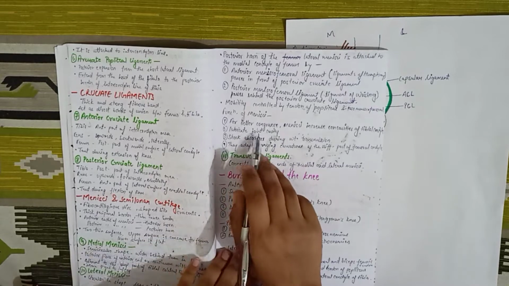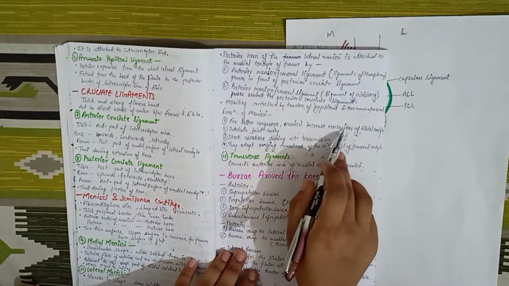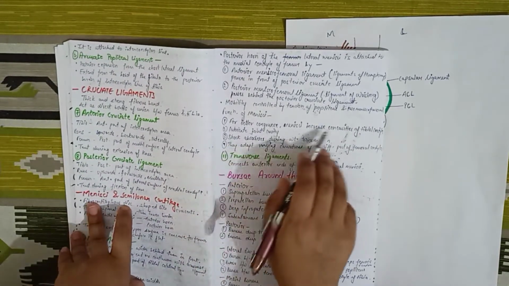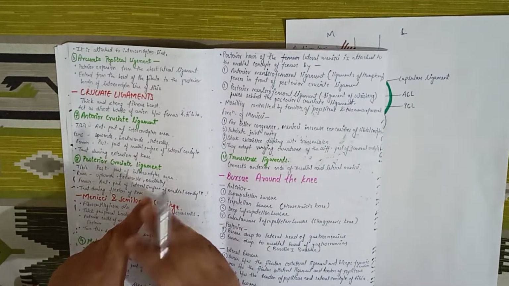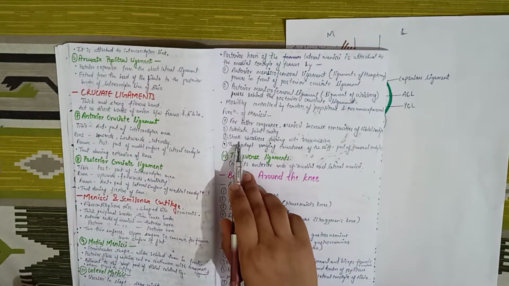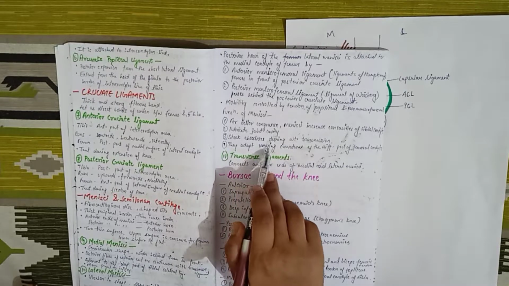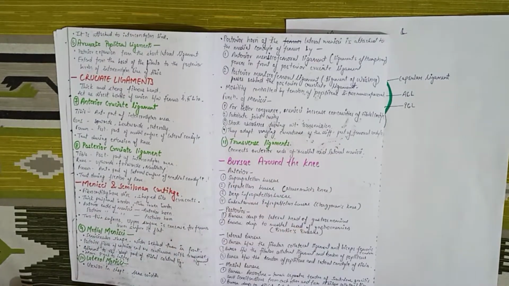Function of menisci. The function of menisci is for better congruence. Menisci increase the concavities of the tibial condyles, so the joint is more congruent. They lubricate the joint cavity and act as a shock absorber during weight transmission. They adapt to the varying curvature of the different parts of the femoral condyles.